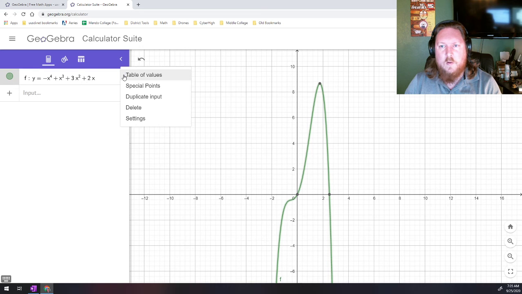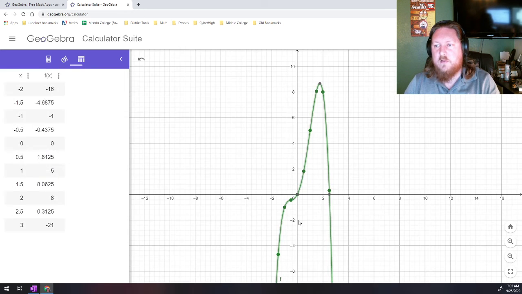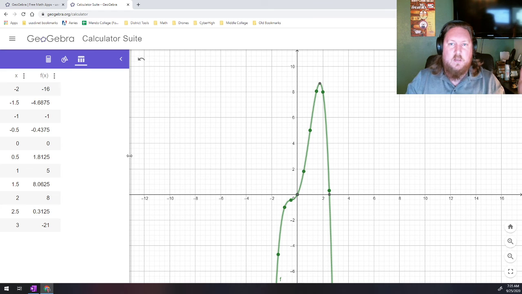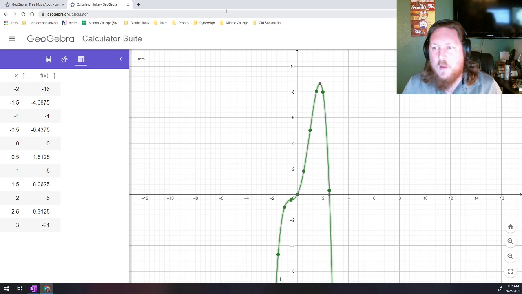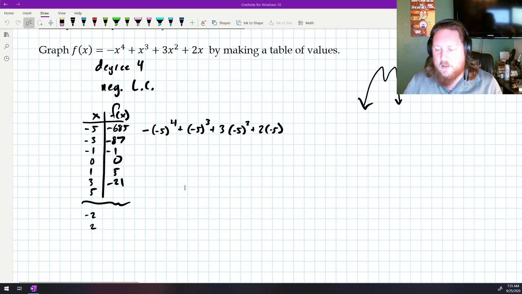So I'm going to go here, table of values, start at negative 2, end at 3. And you know what? I'm going to make it half steps there. And now I've got my table of values that I can work with. So I'm going to sketch that by hand. And the way I sketch that